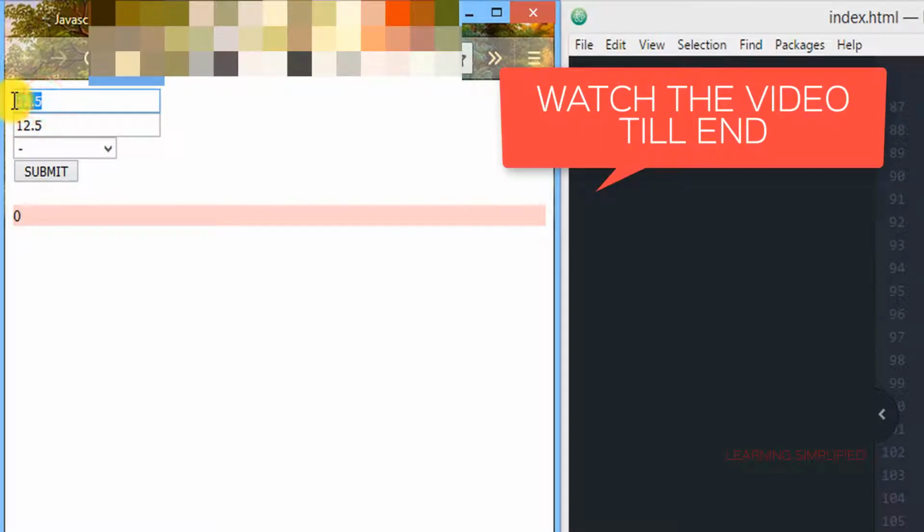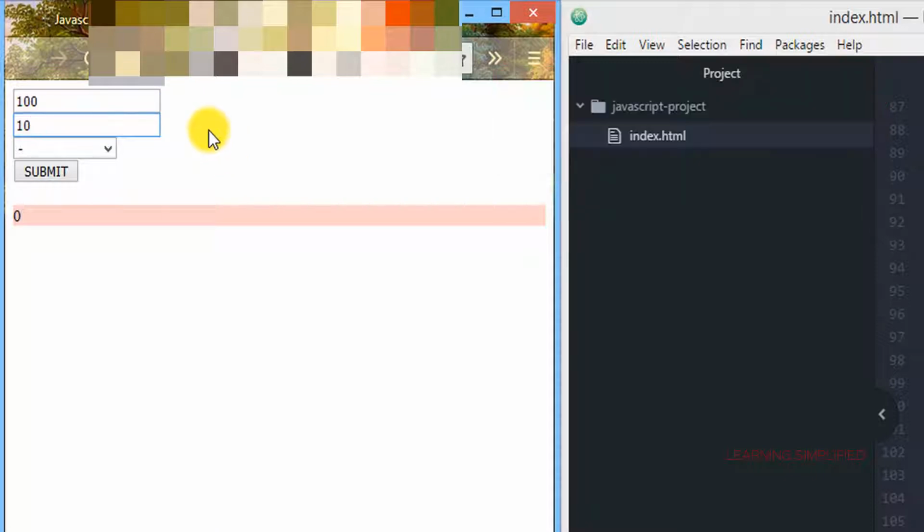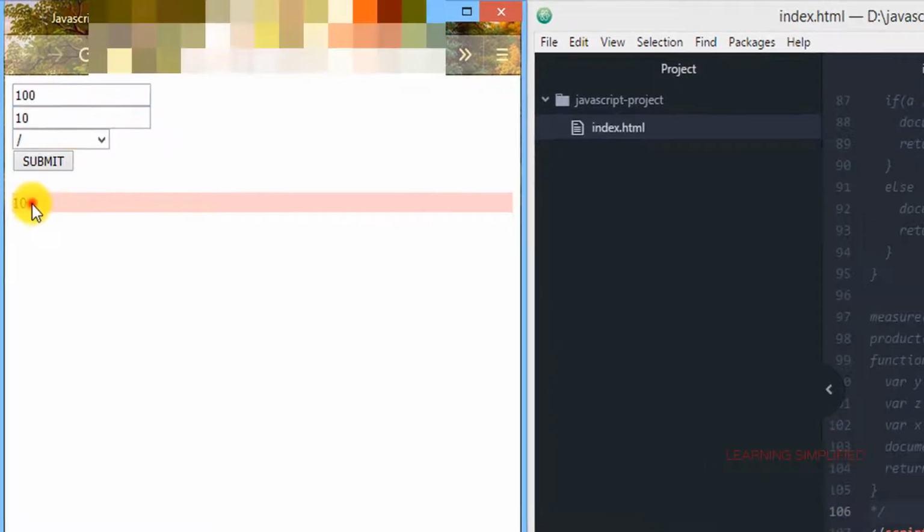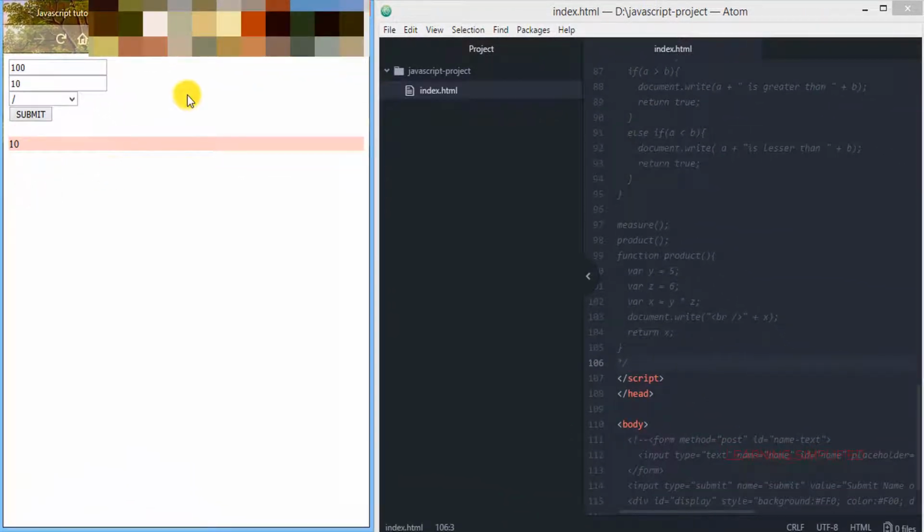In the same way, we are providing here 100, 10, and here comes the result 1000. And if we press divide, then we can see that here comes the result. So everything is working properly in this particular segment. So this is what we are going to achieve in today's tutorial.